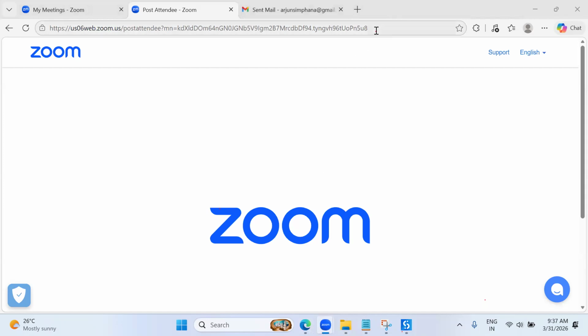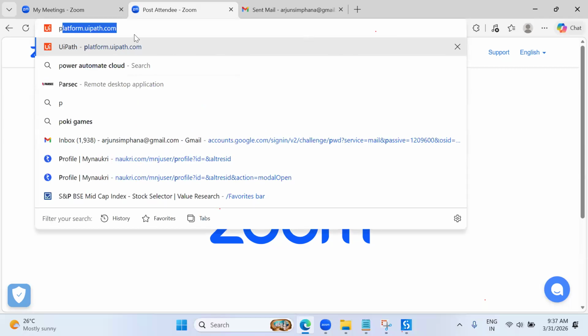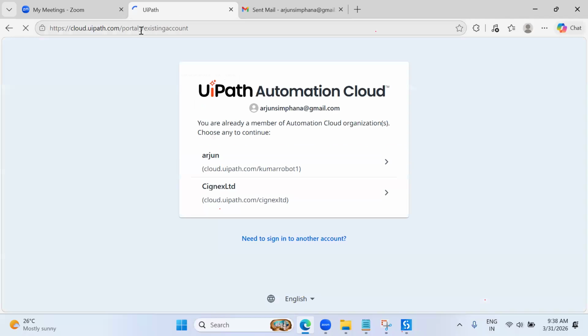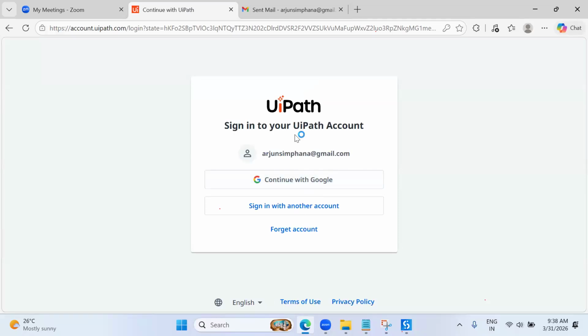Right now, observe this one. Platform.uipath.com. I will share this URL to your mail ID. Observe this. By using platform.uipath.com, you can connect to that UiPath cloud. I already have an account, okay? Observe this one. First time if you are connecting to that UiPath cloud, at that time,